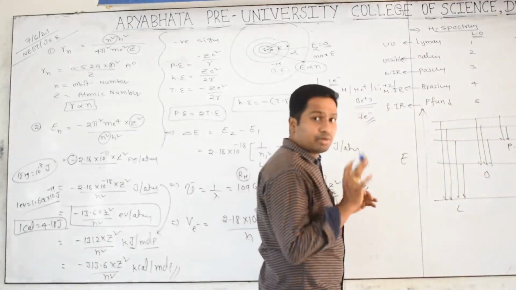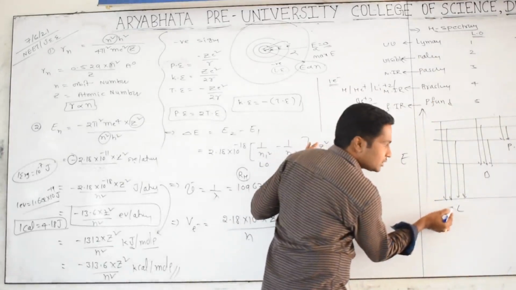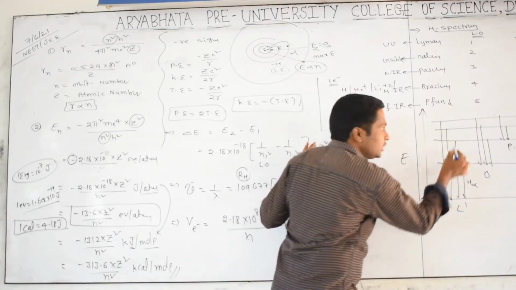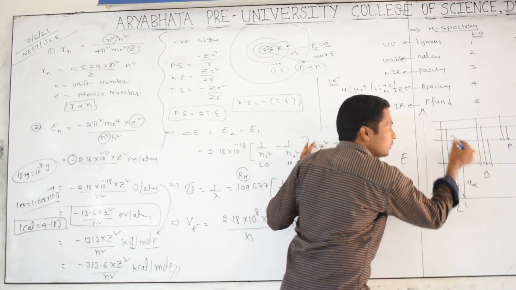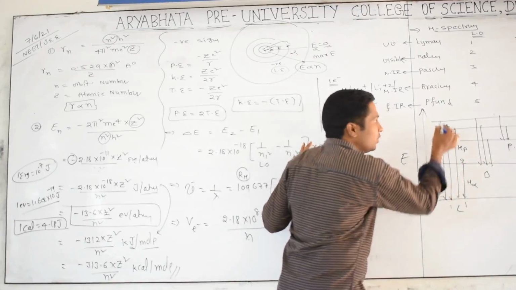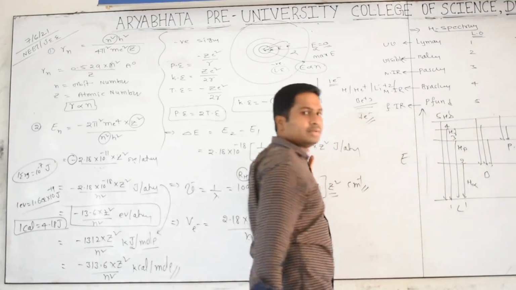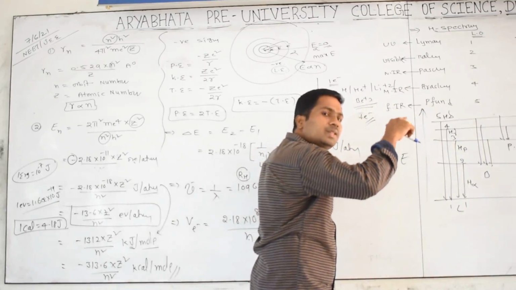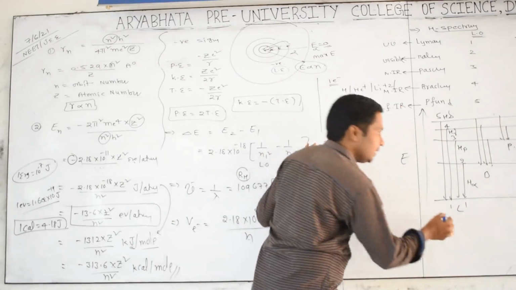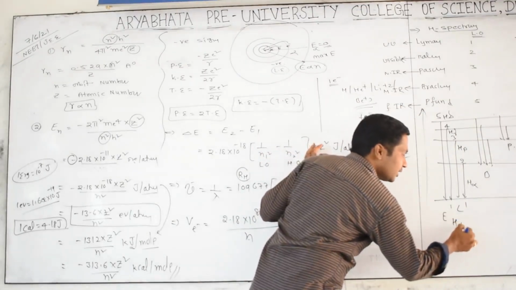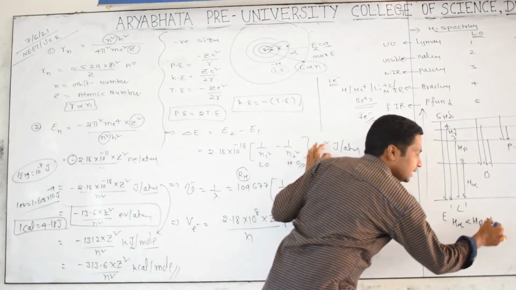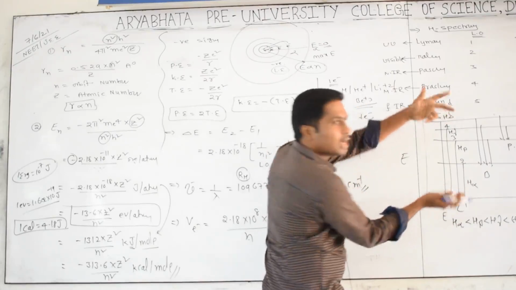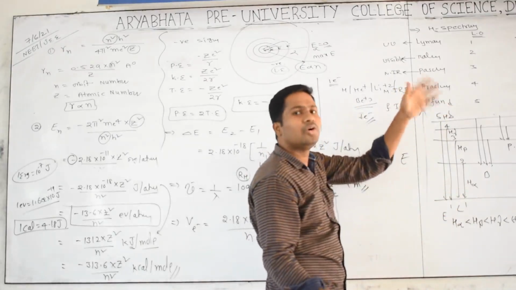Now in this we have to observe very carefully. In the Lyman series, with ground level 1, 2 to 1 is called the H alpha line. 3 to 1 is called the H beta line. 4 to 1 is called the H gamma line. 5 to 1 is called the H delta line. Yes, in the same series, what is the energy relation between H alpha, H beta, H gamma, H delta? The energy of H alpha is lesser than H beta, than H gamma and than H delta. H delta, from here to here, the energy gap is more. The same trend will be worked out in all series.